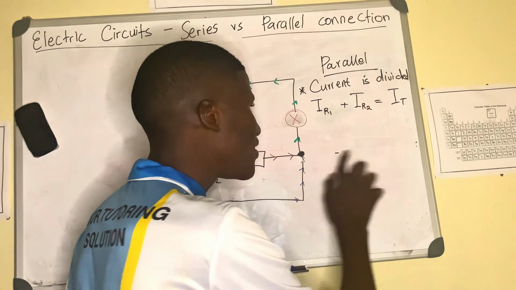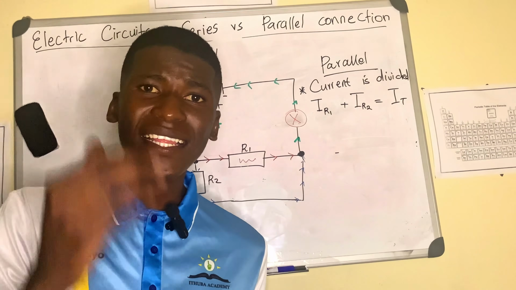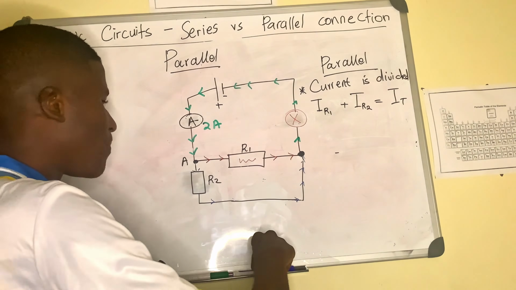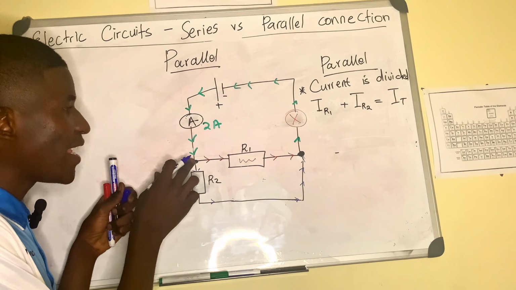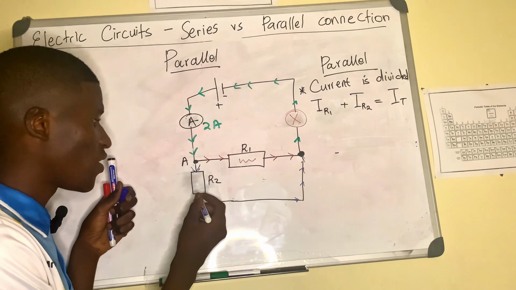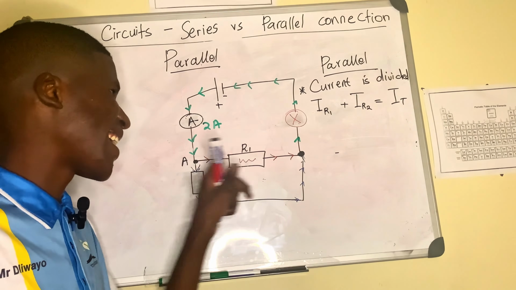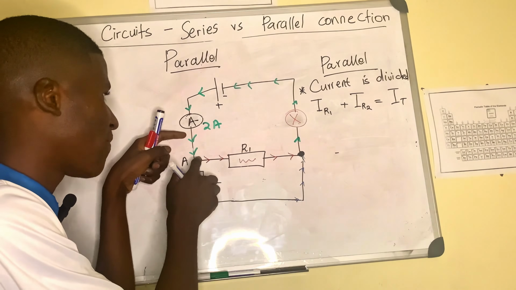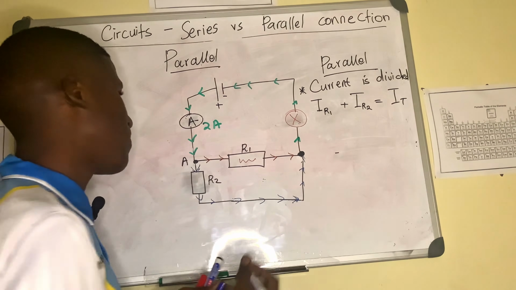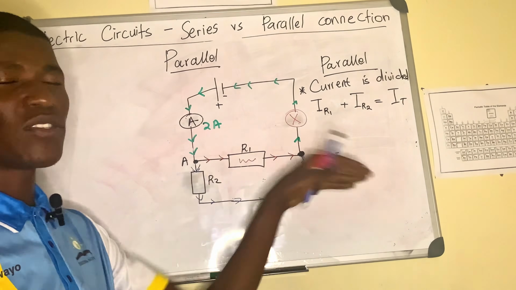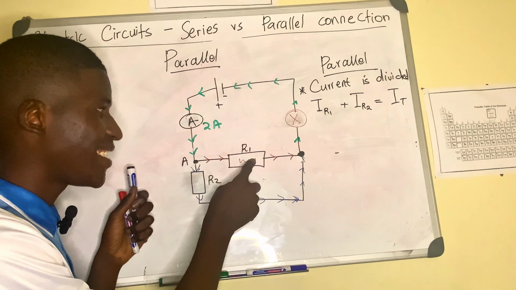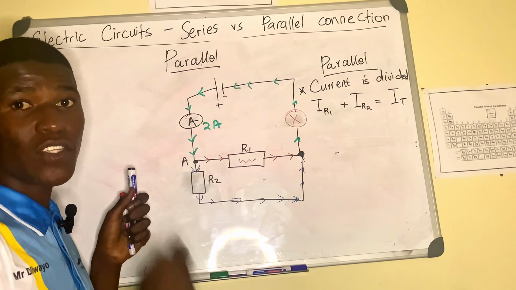Why is that? What is our understanding of parallel? Parallel simply means that the current is being divided. So why am I saying that these two are parallel? It's because the current that they are receiving at this point is divided. Some of it goes to R1, some of it goes to R2. So the moment these resistors are getting two different currents that have been divided here, it means that they are parallel to one another. And then here it goes back. So don't cram the arrangement from mathematics to decide that this is a parallel circuit. No. The current is divided. So when I combine the current here plus the current here, it will give me the total current.